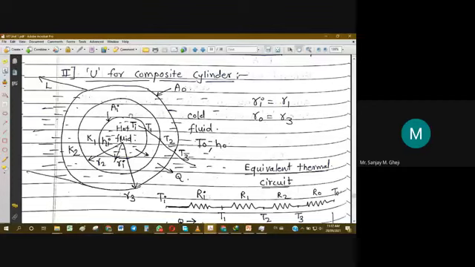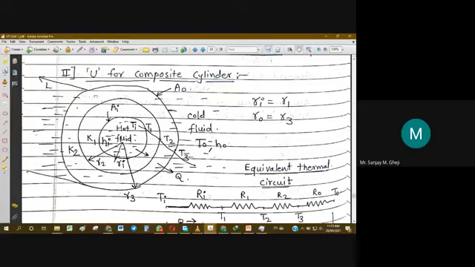Because of the high thermal conductivity of the metallic tube, heat transfer will occur by conduction. To prevent that heat loss, generally the entire pipe is covered with another layer of insulation like this. This diagram typically shows that construction. This is the hot fluid inside the tube, this is the inner face of the tube, and this is the outer face of the metallic tube. Now, this tube is covered by a layer of insulation like this. So this outer layer of insulation is also forming a tube.